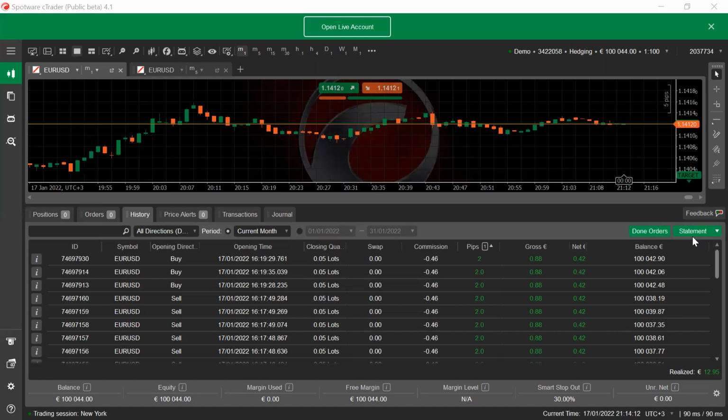Okay, and then this one now, the HTML, which is what I want. I don't want the Excel. I want the HTML. It will now show the pips. See? It shows the pips, gross, balance, and so on. When you have this, it gives you a summary down there, which is good. Again, if you hope to be funded sometime, you will need to start practicing using statements, being able to send